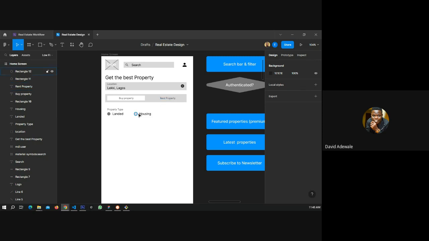Even if you select housing, there will be another set of filters that we need to add. So filtering is not just based on one thing. So we have screens for all those things, and the 2 hours we are using for this class will not be enough. That is the truth of the matter.